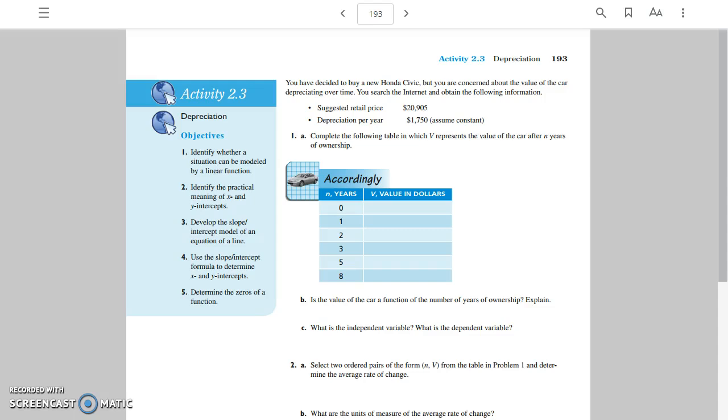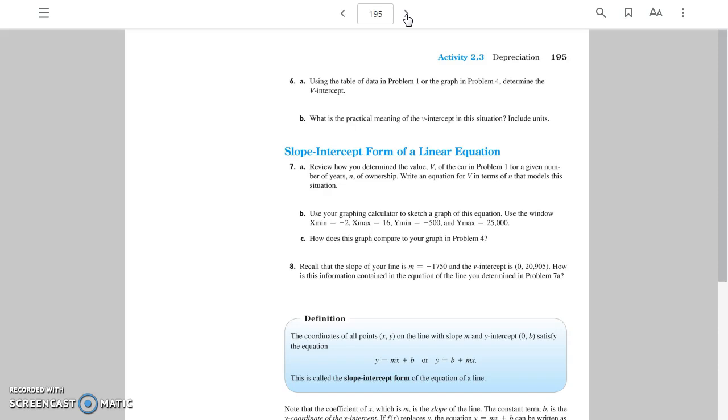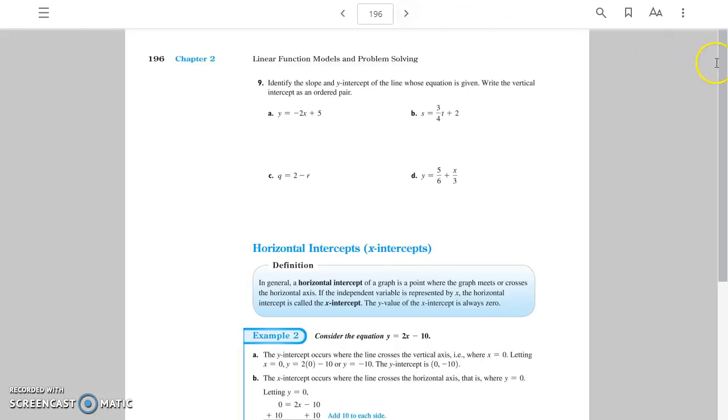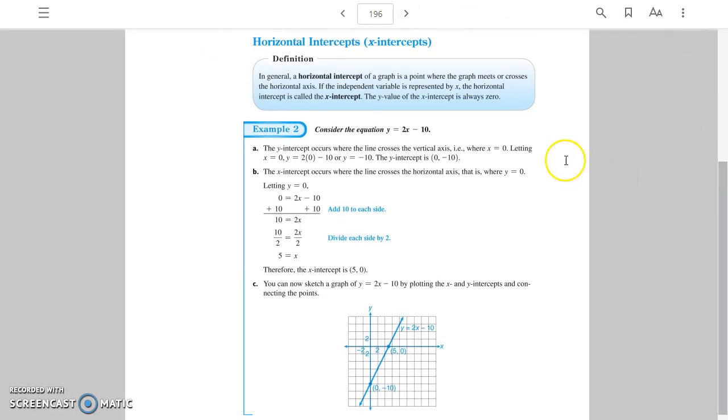Activity 2.3 doesn't have any component that asks us to utilize technology to produce results. However, it does start introducing x and y intercepts, or as it's going to refer to it, vertical and horizontal intercepts. Skipping ahead, we can take a look at example 2, and in this case in parts A and B,